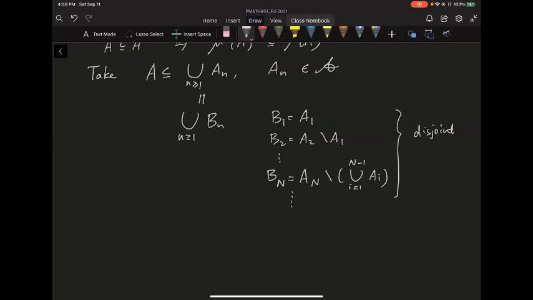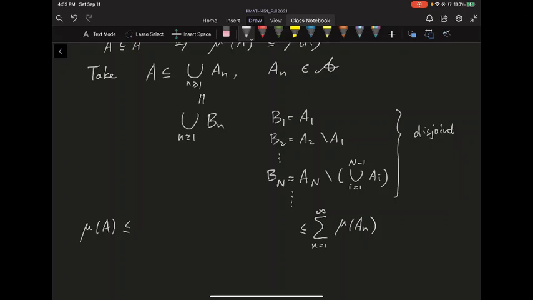Now we have this collection of B. So let's think about what we need to show. Okay. So we need to show the following. On one side, I want to show that mu of A should be the smallest among those covers, so it should be the infimum. So I want to say this is less than or equal to the summation over a cover, so this is the sum of mu of A_n, going from 1 to infinity. I want to show somehow this is smaller than or equal to this summation.